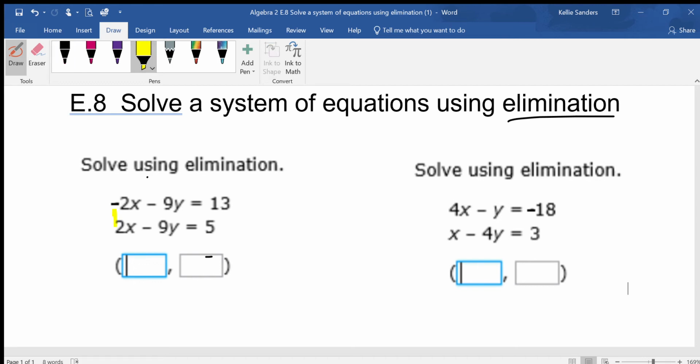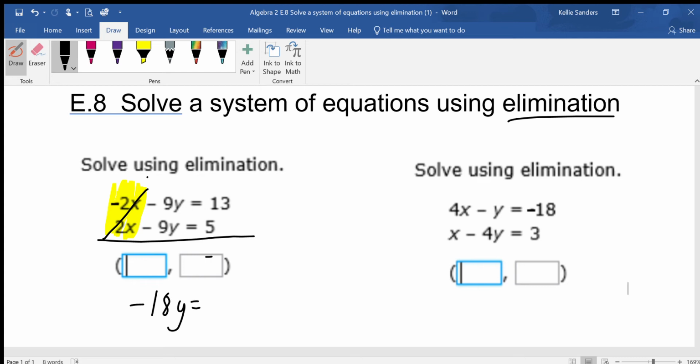So look at these wonderful x's right here. If you put negative 2x and positive 2x together, what would you get? You would get 0. So what happens is, when I put a line underneath those two equations, I'm telling myself that I'm putting them together, or I'm adding them together. So the x's go away because I've done negative 2 plus 2, and then we're going to do negative 9 minus negative 9. What is that? Negative 18y